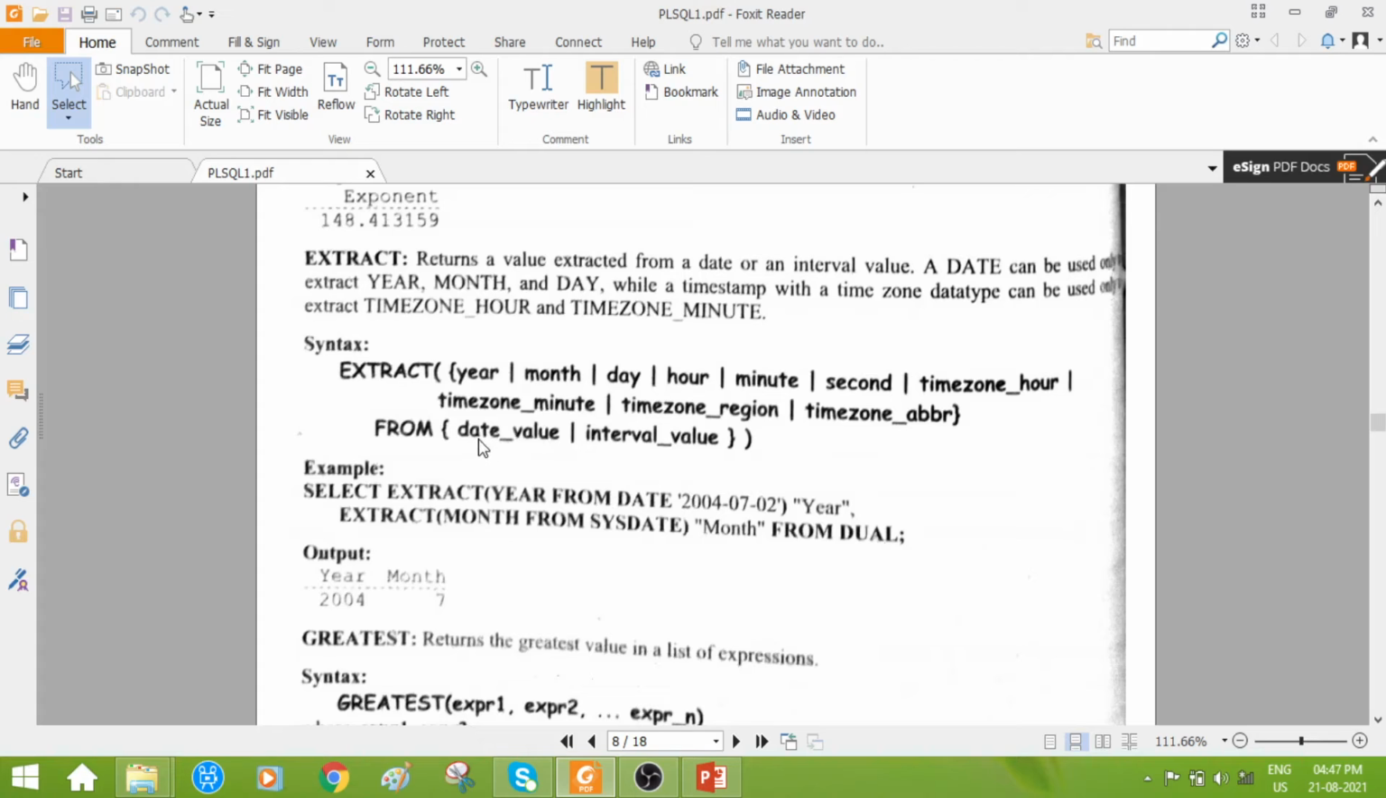They have not simply shown the date value. See here, year is a keyword. Extract year is a keyword from a date value, so you should pass some date. Along with the keyword from, you are passing the date information. It should be present within single quotes,